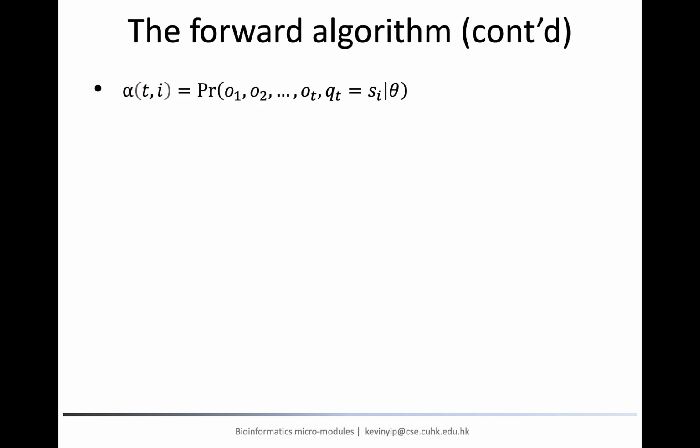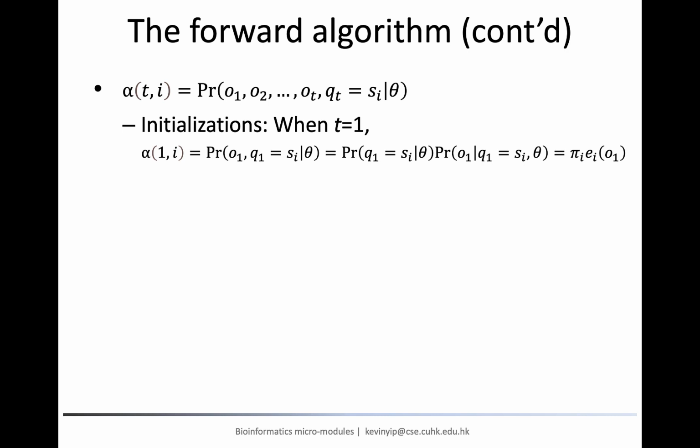Now that we have defined the dynamic programming table, as in all dynamic programming algorithms, next we need three things, which are: 1. A way to initialize the table, 2. A recursive formula for computing a table entry based on some other table entries, and 3. A way to get the final result from the table. For the initialization, since the subproblems become easier and easier as t becomes smaller and smaller, it is natural to consider the boundary case of t equals 1.